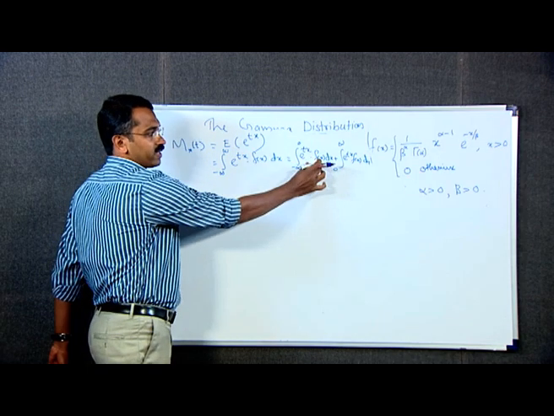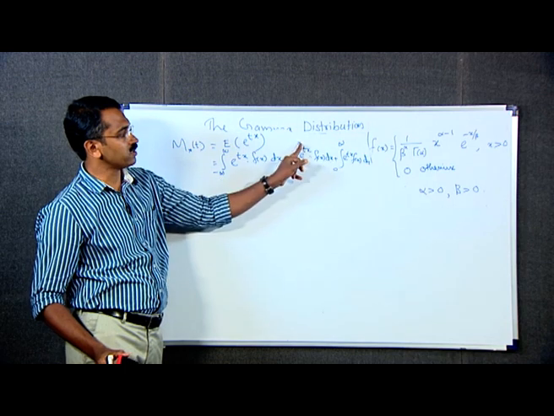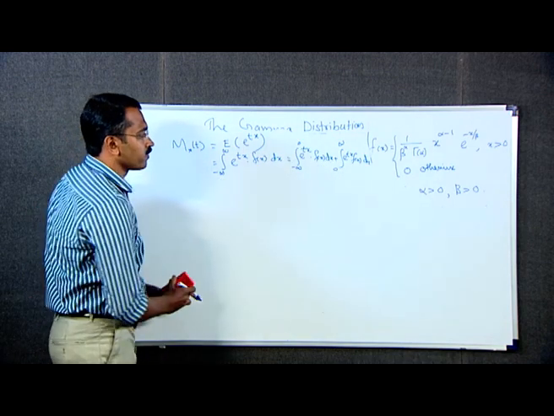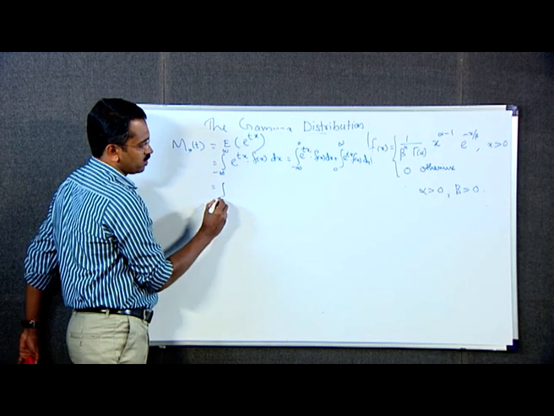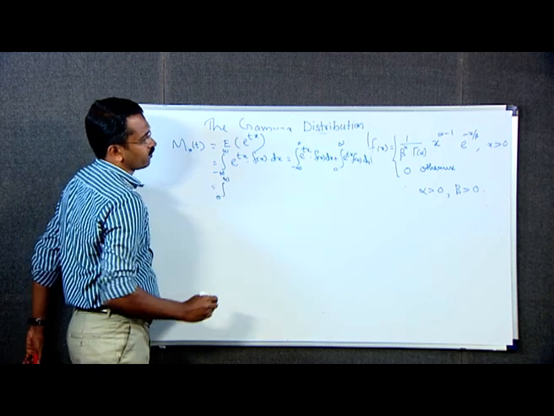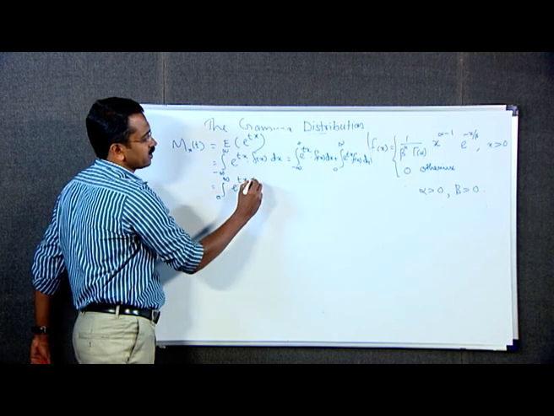In the first integral, the function is defined as 0 because x is less than 0. Therefore, this is equal to integral from 0 to infinity e raised to tx into f of x,